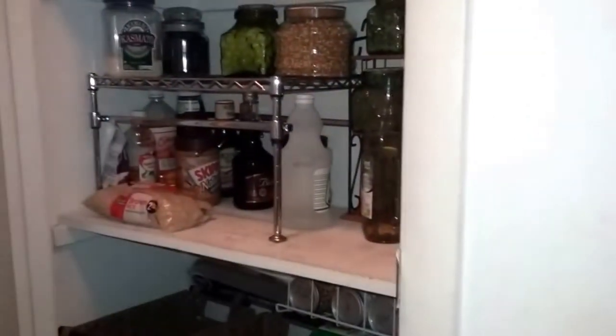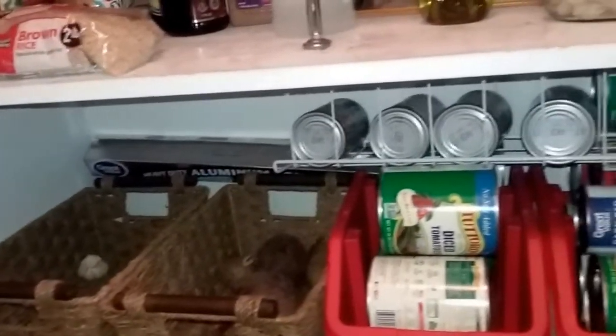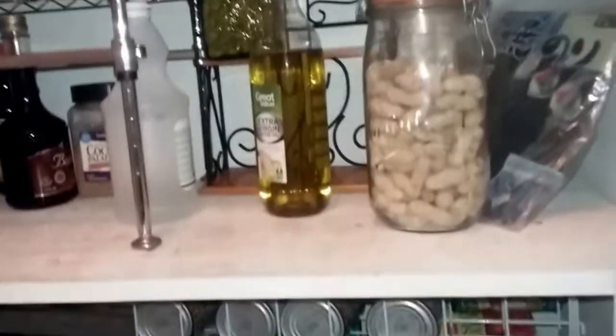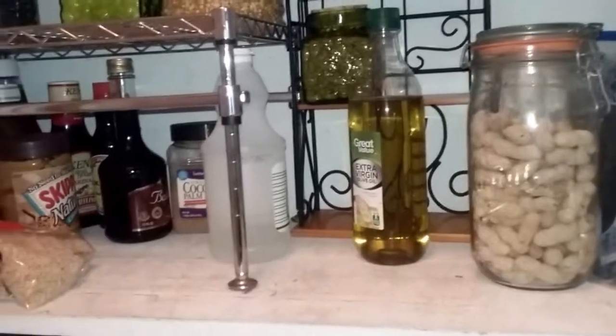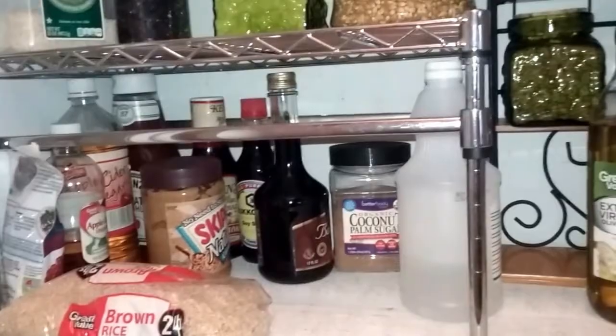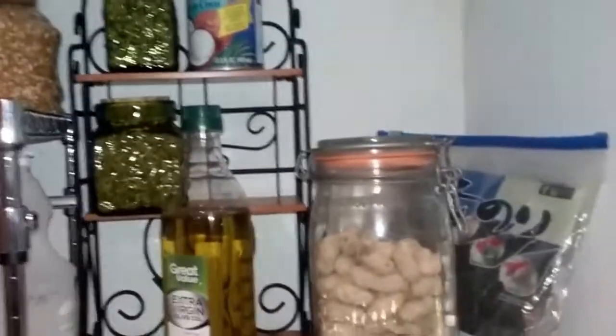So here's my pantry, and this does double duty because I also have some of my art supplies stored here, but oh my goodness. Okay, so at the bottom are art supplies. We're not going to deal with that right now. Here are a couple of baskets I use for my potatoes and onions and garlic. This is me trying to make sense out of some cans. There are still some condiments and things left over from before I went vegan, so we'll get rid of those. I try to store things in glass jars as much as I can,